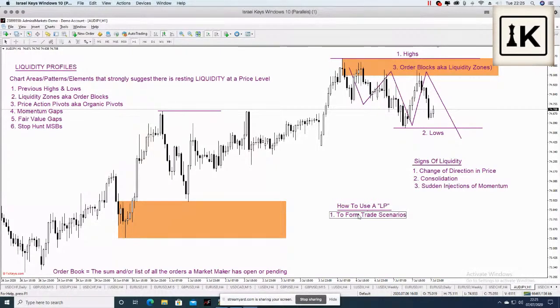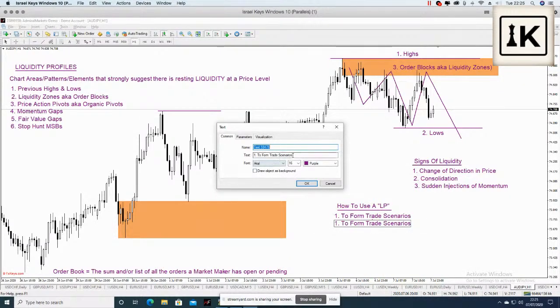So number one is to form trade scenarios. Number two is to anticipate significant price levels in advance. In essence,